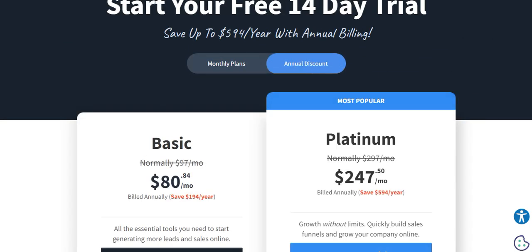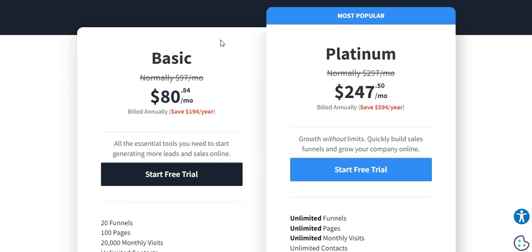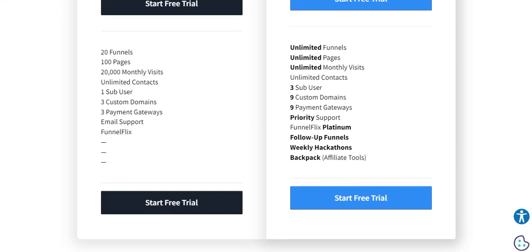But why would you want to go annual? Well, you want to go annual if you know you want to commit to ClickFunnels and you've got a business that you're going to be in for the long run and you want to use ClickFunnels. So annual does give you a discount. Obviously, if you go annual, you get 2 months free, so you're only paying for 10 months. So with basic, you're saving $194 a year. With Platinum, again, you're only paying for 10 months, so you save $594 a year. So yeah,